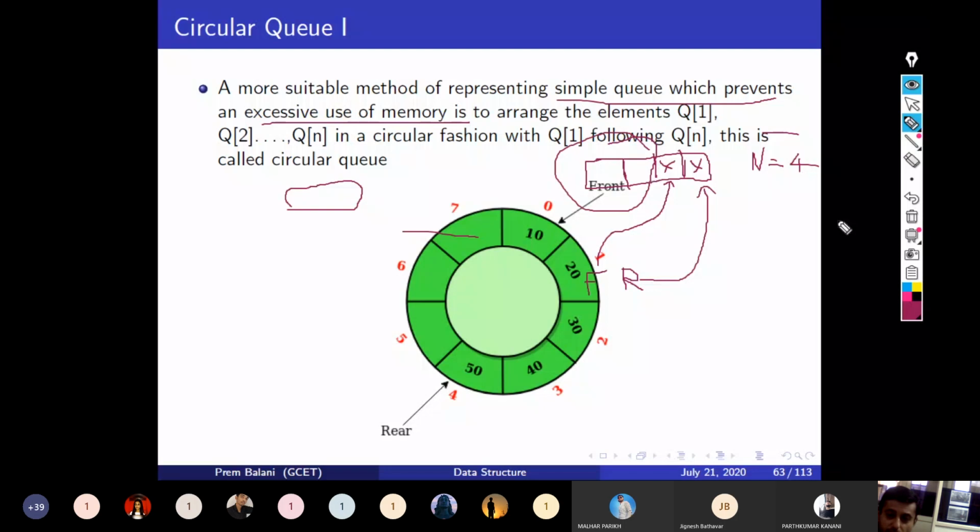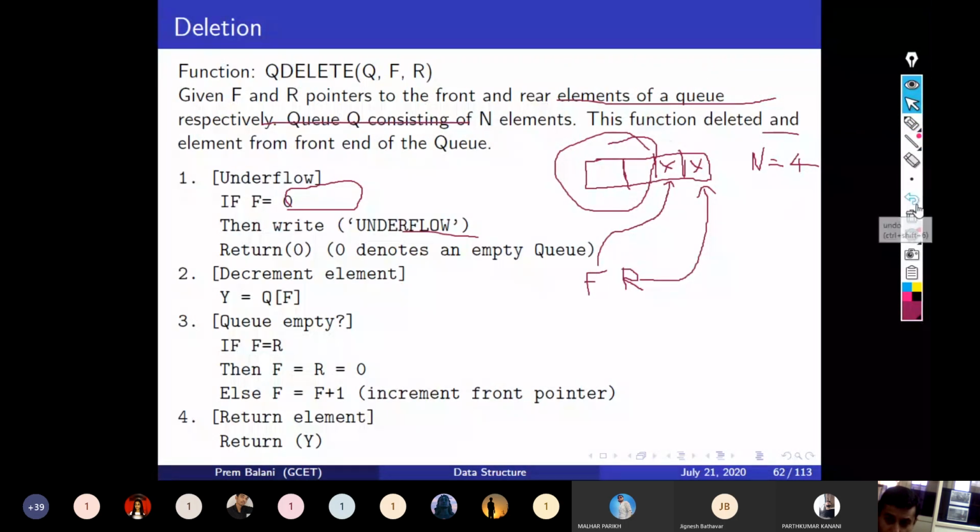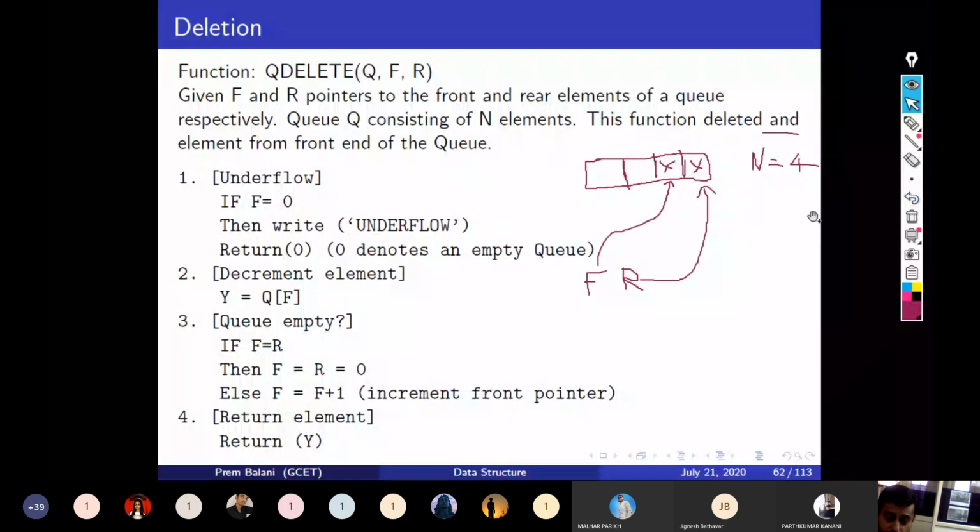If I manage this in a circular fashion, then my rear pointer can be updated from this to this pointer, where I can add more elements.